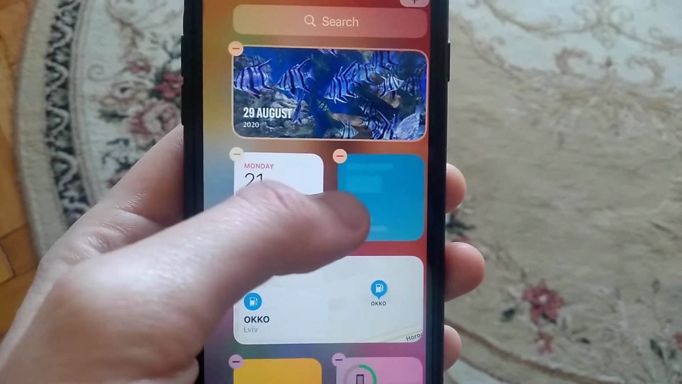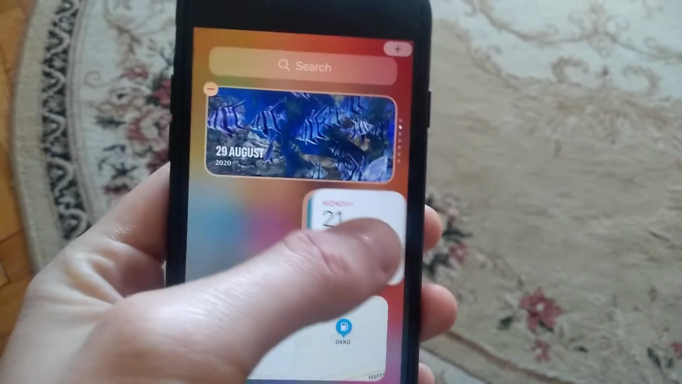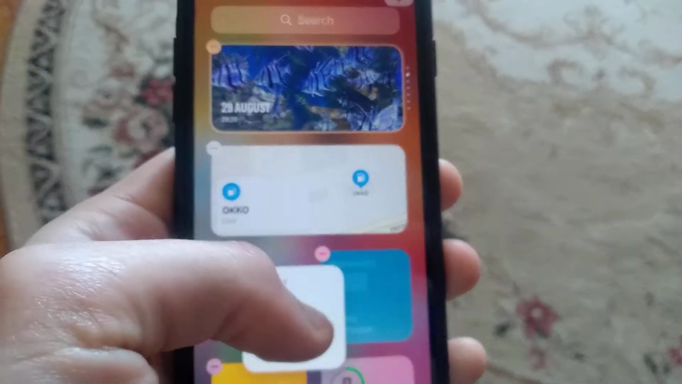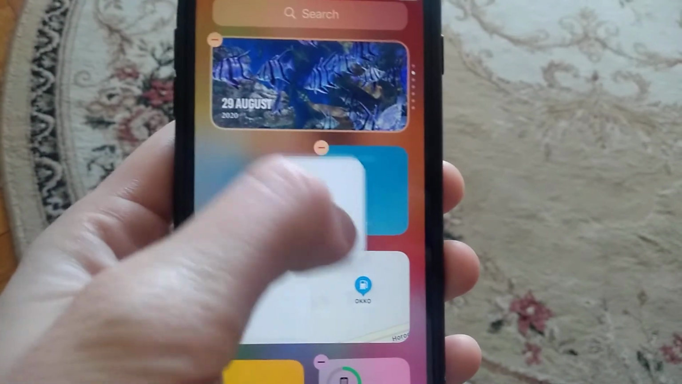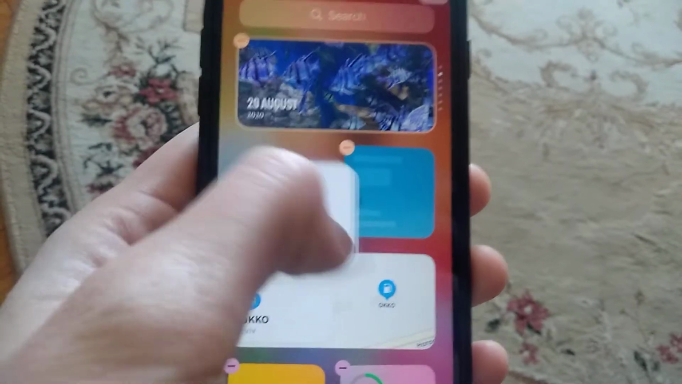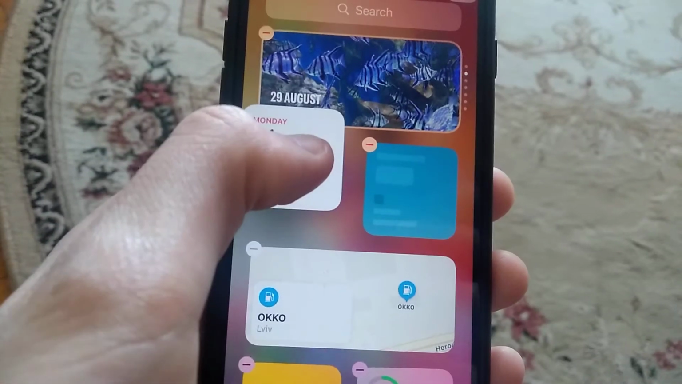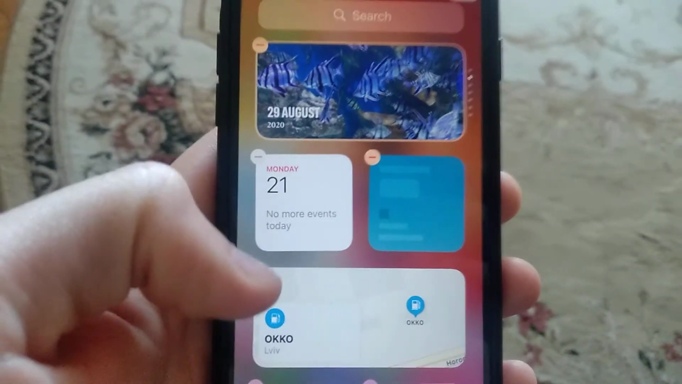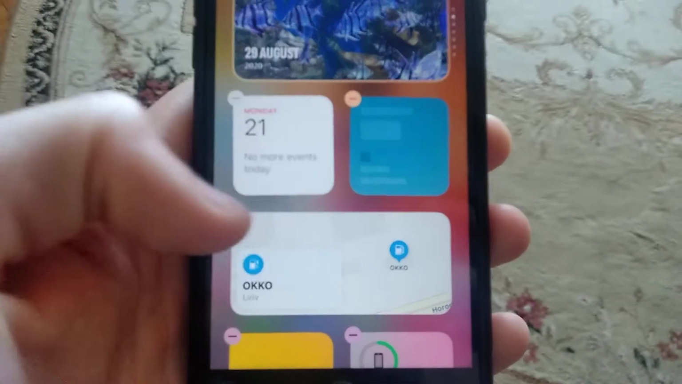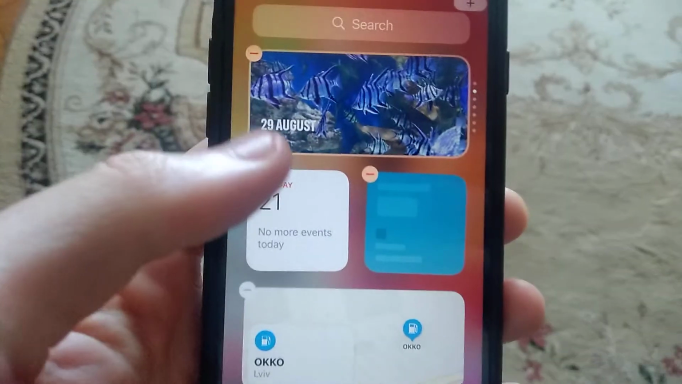So now you can also just choose widget you want to move, and here you can see that we can easily move it from one side to another, so everything's working. So this is the way how you can move them. Also, you can move them from this